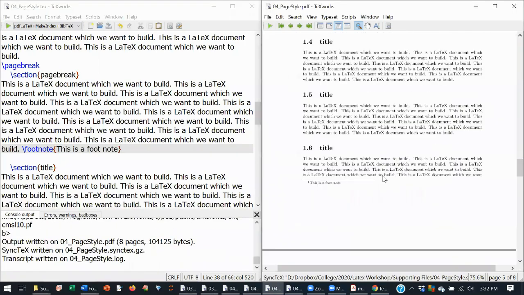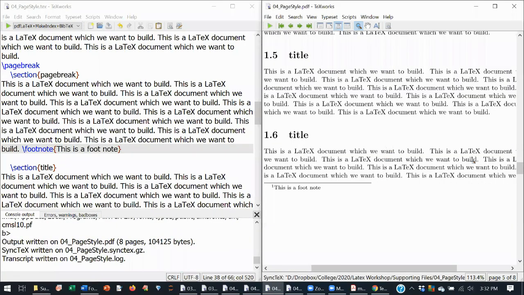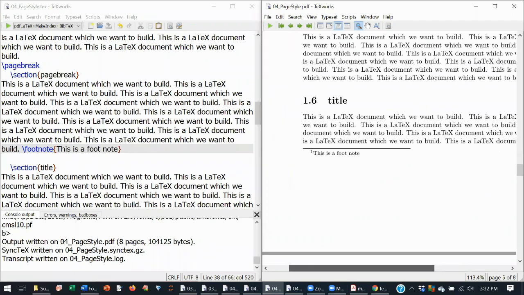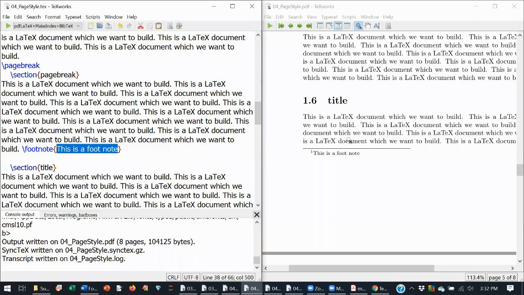See, this is the place where I typed this, so it gave the reference like 1, and in the footnote it kept 1, as this is a footnote, the content which I typed here. So anything you want to put in the footnote, you can put like this.